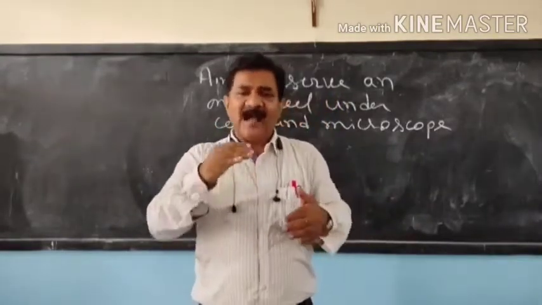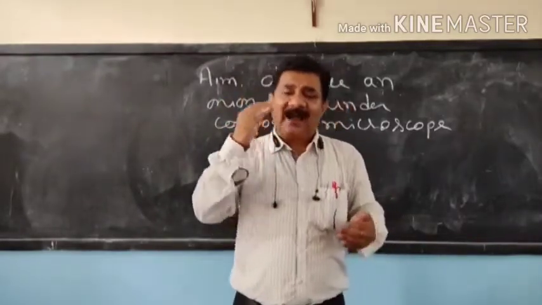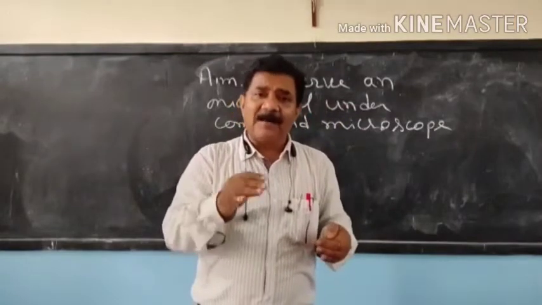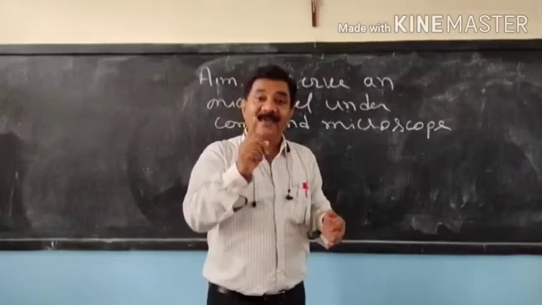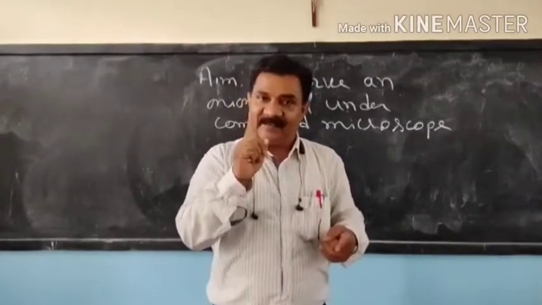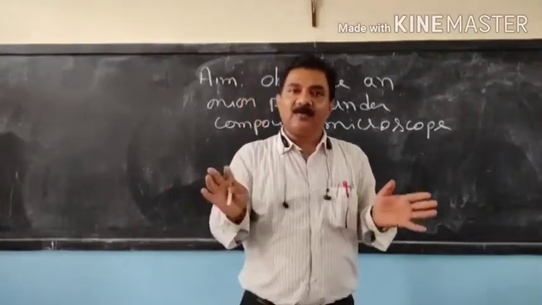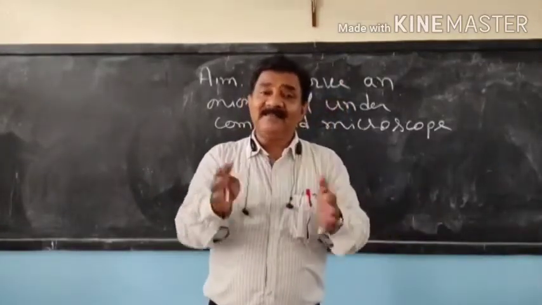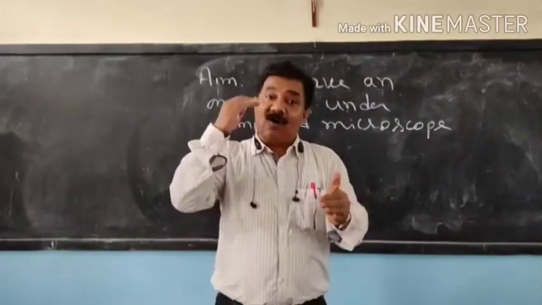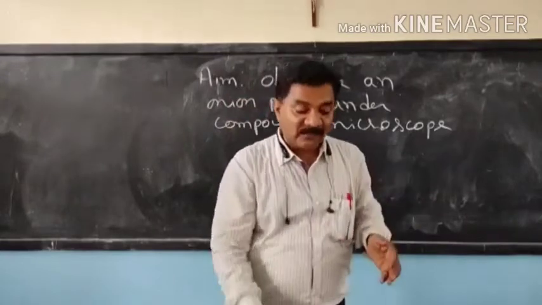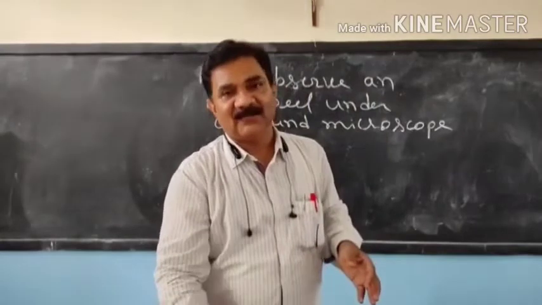But today I am going to discuss the use of a compound microscope and how we can use it to observe an onion peel or a plant cell. One example of a plant cell is the onion cell. As I have told you, you have seen cells only in the book. Here we will see the original cell. So let me explain the working of a compound microscope.